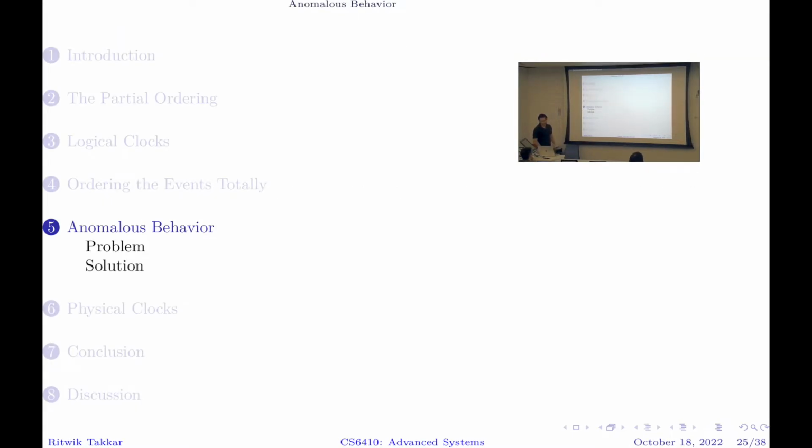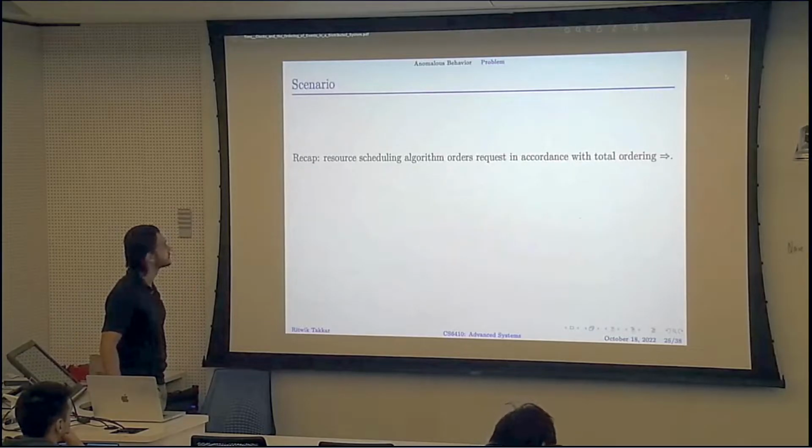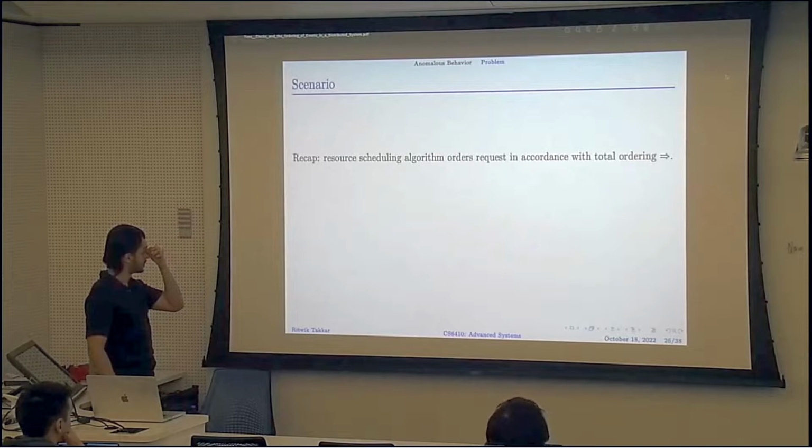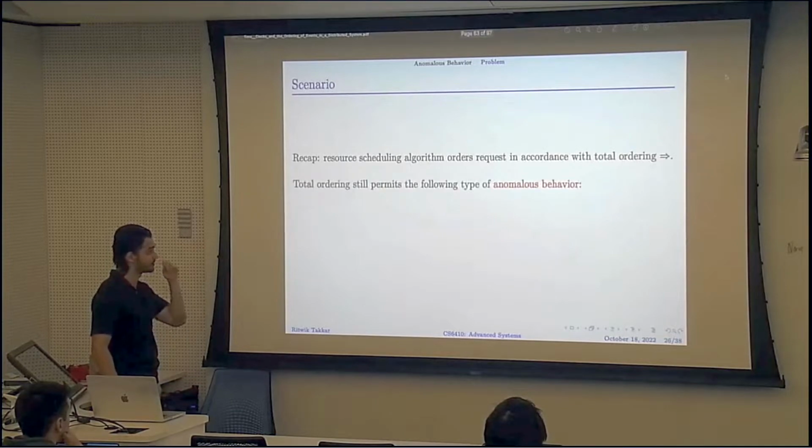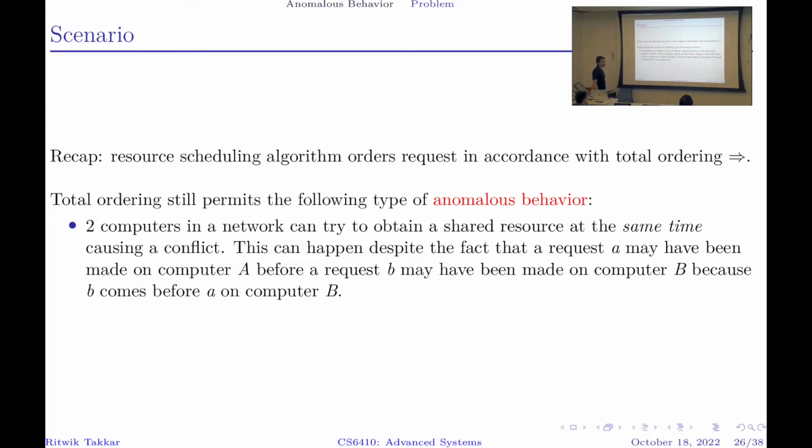Let's talk about anomalous behavior. So this is a scenario, just to recap. The resource scheduling algorithm, the 5 rules we went over, orders requests in accordance with total ordering, signified by the double right arrow. You can still have anomalous behavior. I'll give you a second to read that. But